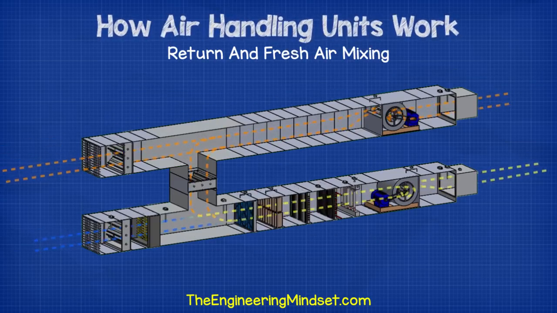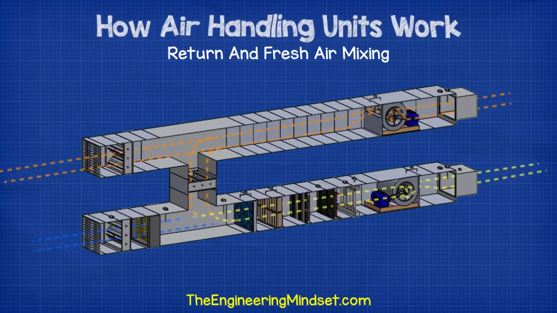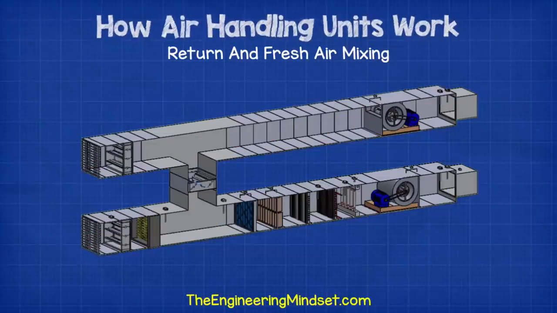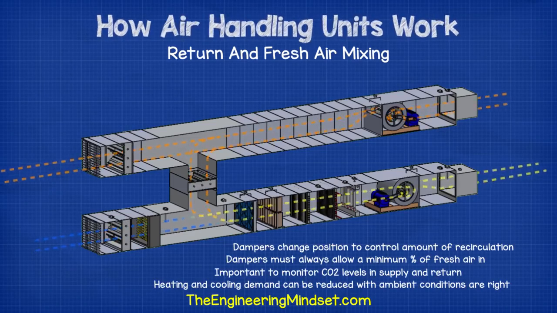Another very common version we'll come across is to have a duct sit between the exhaust and the fresh air intake. This allows some of the exhaust air to be recirculated back into the fresh air intake to offset the heating and cooling demand. An additional damper sits within the connecting duct to control how much air can be recirculated. This is safe and healthy to do so, but you will need to